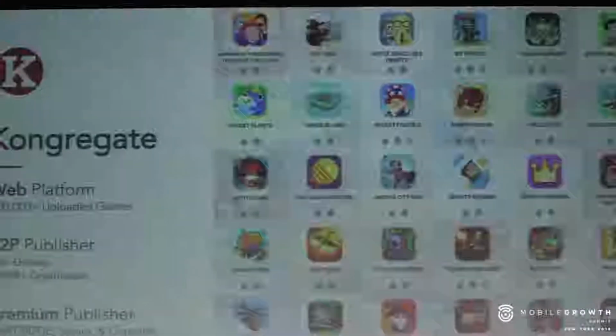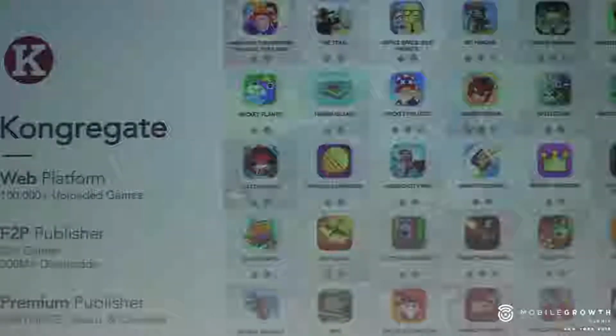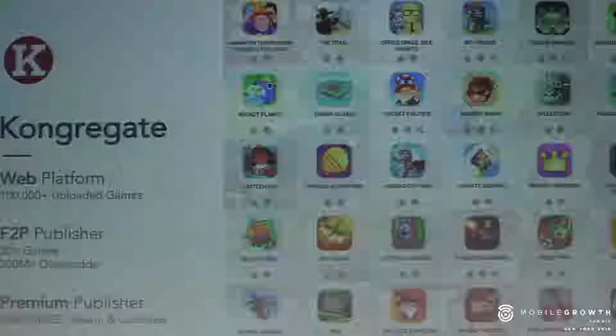So a little bit about us, the company. Like I said, we're a gaming company. We originally started out as a PC gaming platform in 2006, kind of the YouTube for games. We have 100,000 games, a website. We parlayed all the developer relationships we had from the web into mobile publishing that we started about 6 years